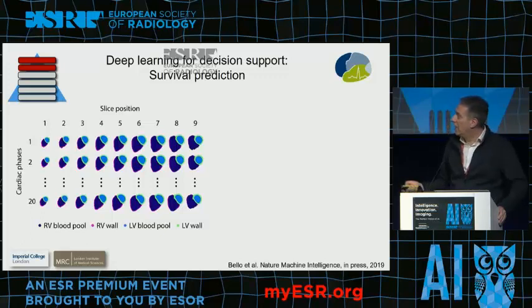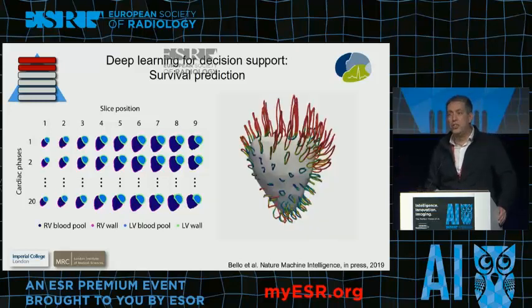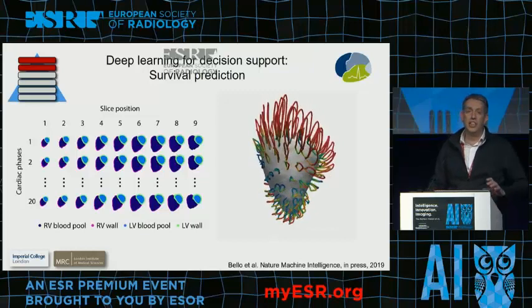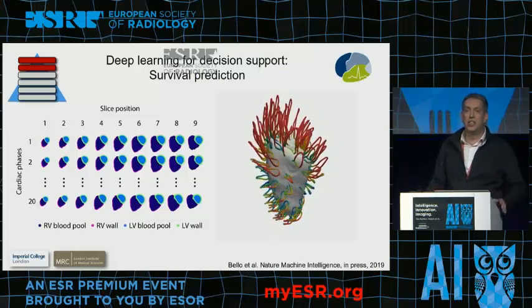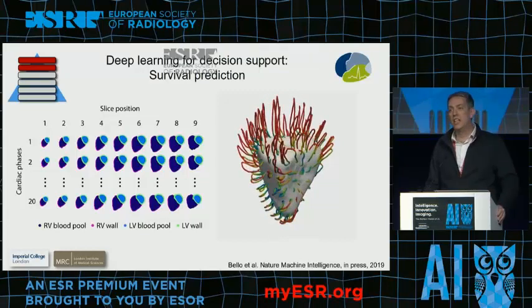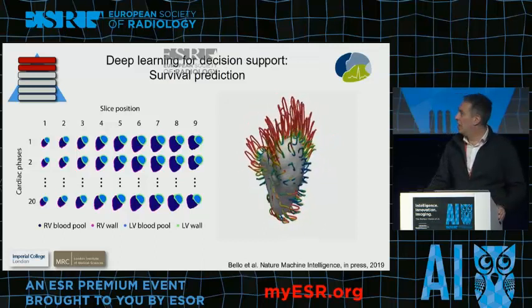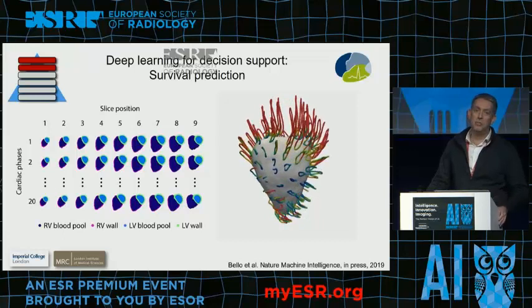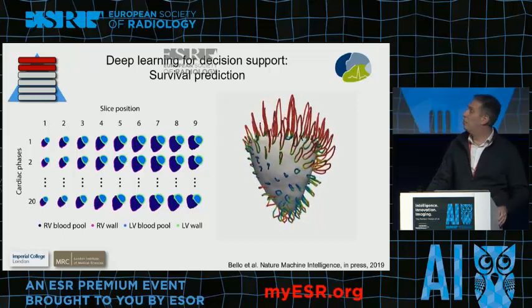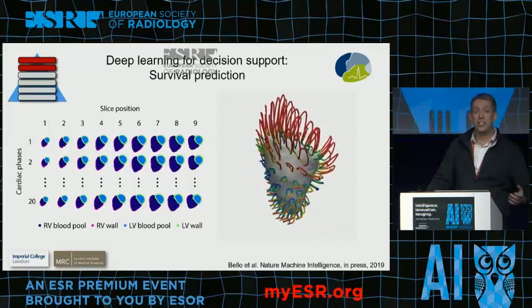If I segment the heart in a stack of images, I might also use a neural network to look not only at the anatomy, but also at the motion trajectory of every point in the anatomy. And I can build these 3D motion maps of the heart, which might tell me more than just the structure of